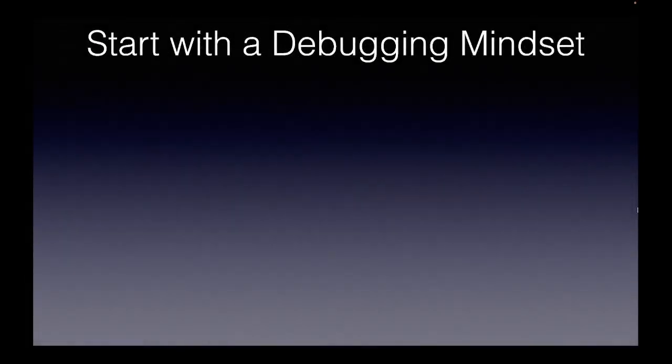Because debugging can be so frustrating and so confusing, my goal here is to give you some tips and some strategies to help you figure out what's going on and get those errors fixed and get back to coding as quickly as you can. This is going to start with really using a coding process or development process that makes you less prone to make errors in the first place and makes it easier to find and fix those errors when you do. So this is going to start as soon as you really begin that first line of code